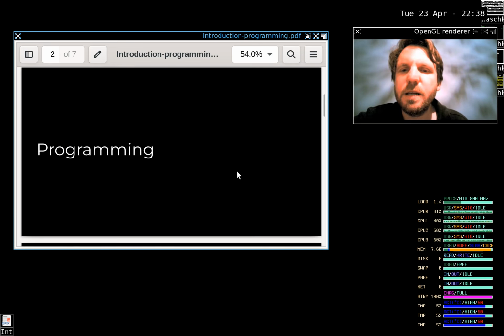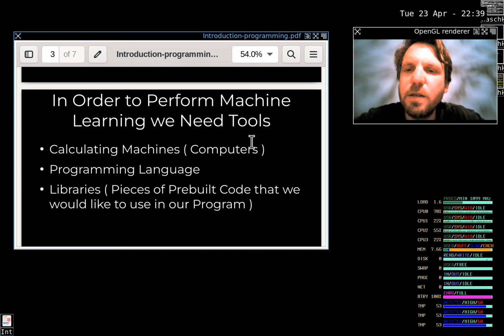So in order to perform machine learning, of course, we need different kinds of tools. And here, well, of course, we need computers. In order to program these computers, we need programming languages. And we need kind of libraries. So what are libraries? We won't rebuild, of course, everything from scratch. So libraries are basically computer programs or parts or routines, if you want to, that were built by programmers prior to us, that we can reuse and that we will tap into in this course.